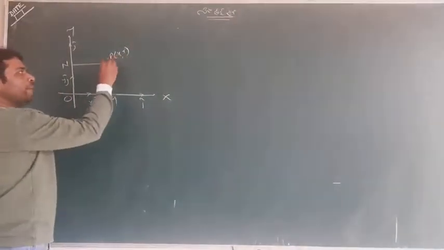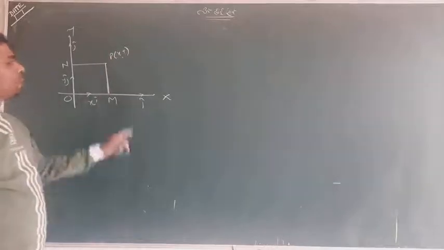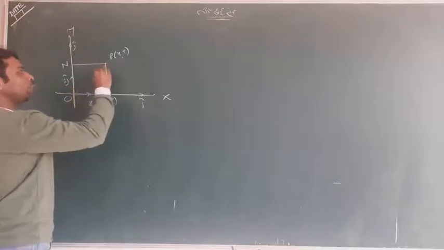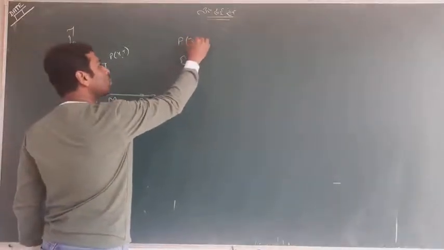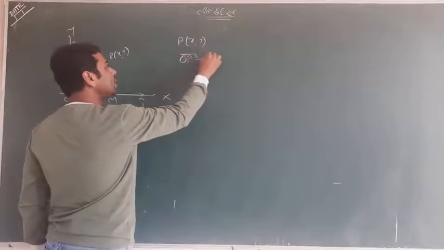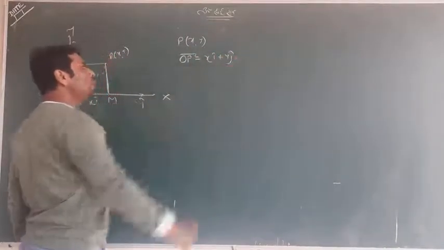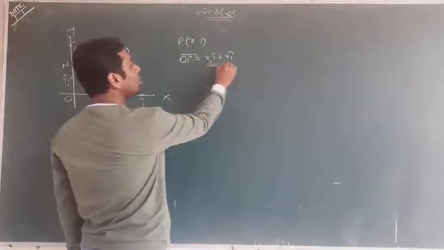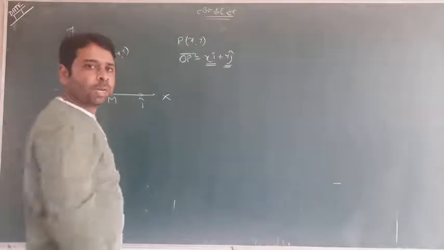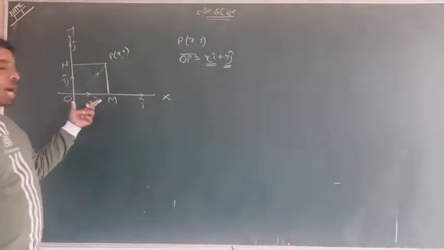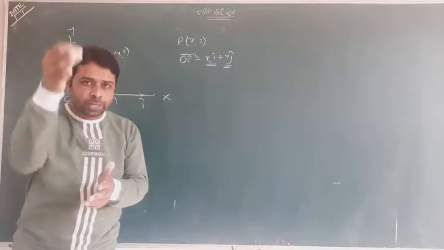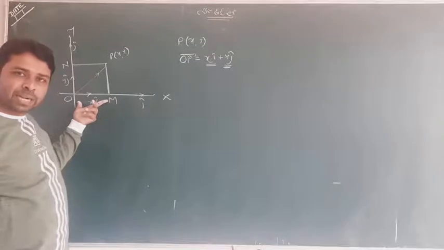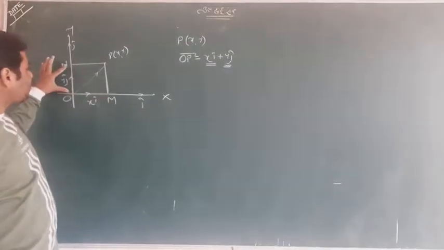This is a point P. After drawing, try to understand. After drawing the perpendicular on the x-axis, recently I taught you that when P is (x, y), OP is xi cap plus yj cap. These two things are specially called components. So I will tell you how we can get a component. After drawing the perpendicular, whatever portion it cuts off on the x-axis is called the component on the x-axis, and the portion on the y-axis is the component on the y-axis.